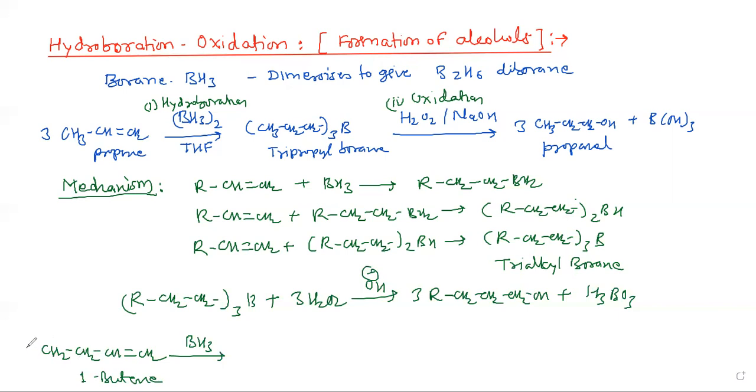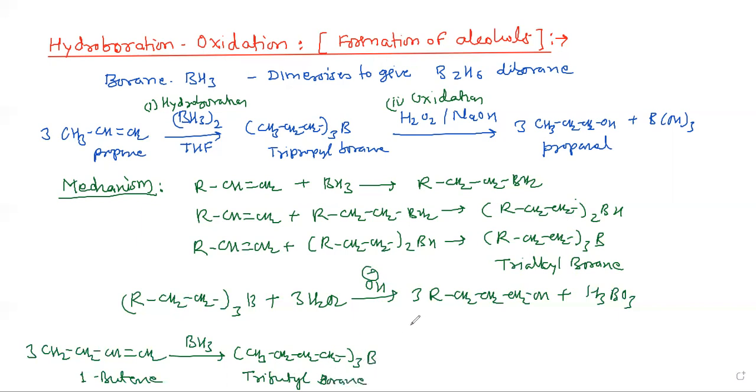One borane reacts with 3 molecules of alkene, and so here we will get (CH3CH2CH2CH2)3B, that is tributylborane here, because butene is taken as the starting material. Therefore, tributylborane is first obtained,